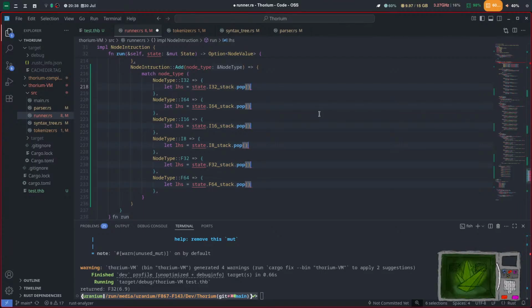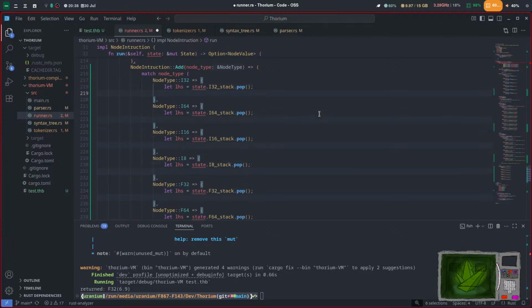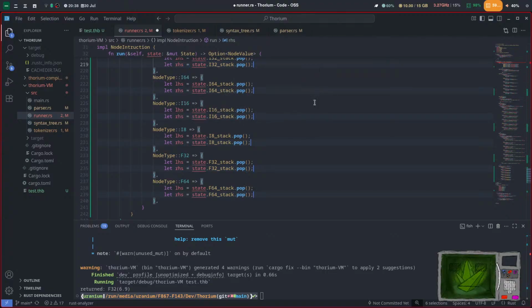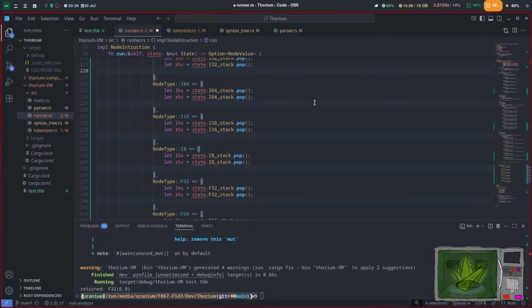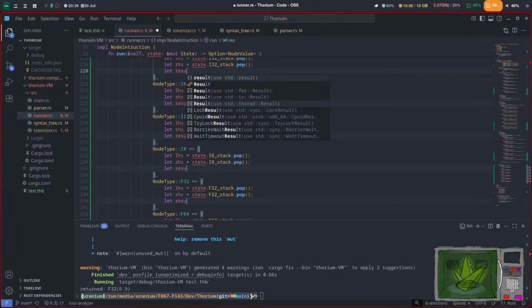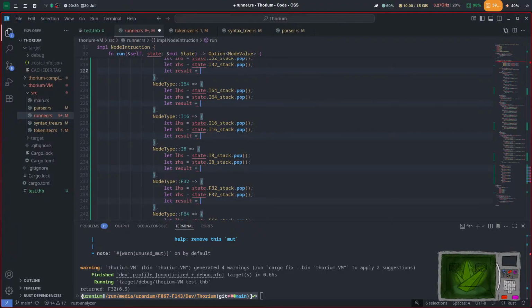We're gonna pop that and then right hand side. We then say result simply gonna equal